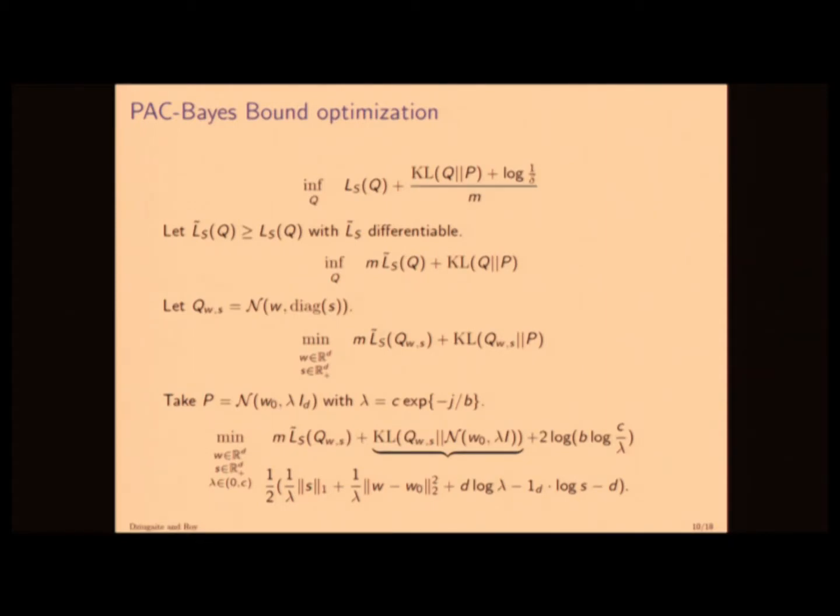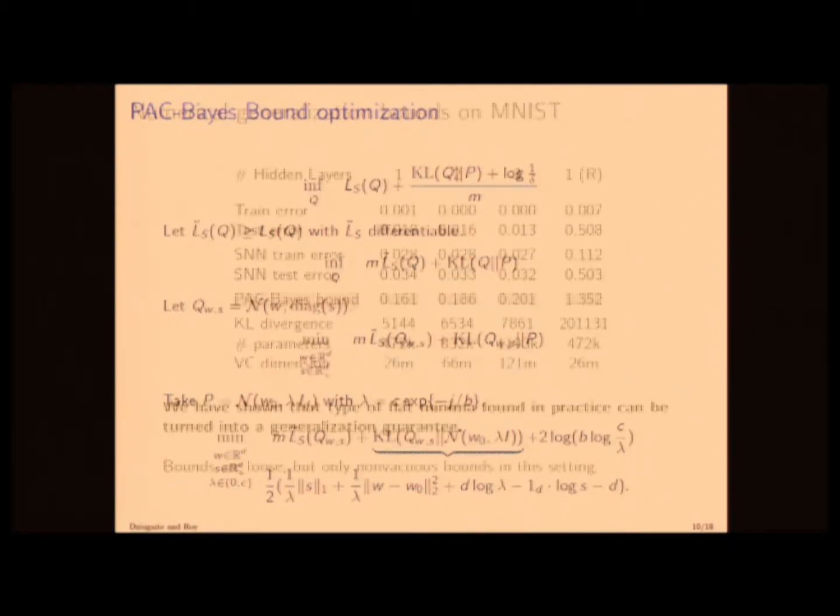Yeah, please. Good question. I'm going to use a union bound to choose lambda from a discrete collection. But then I'm going to perform this continuous optimization, then round, and then apply my union bound to be able to have chosen lambda in a data-dependent way. So it's like a poor man's approach: a union bound over lambdas. It would have been better to have P be a scale mixture of Gaussians, but I didn't know the formula for a KL in that case, so we just used a union bound.